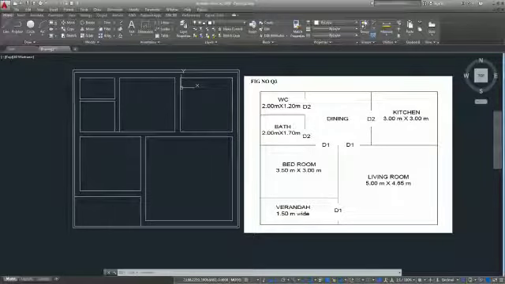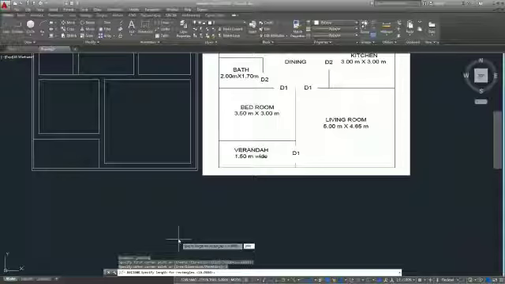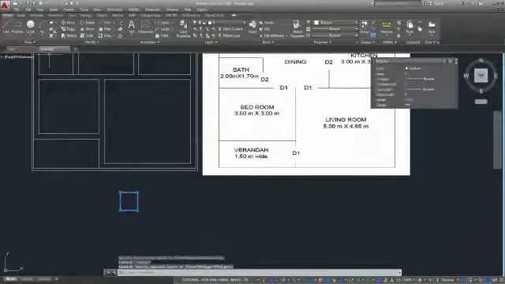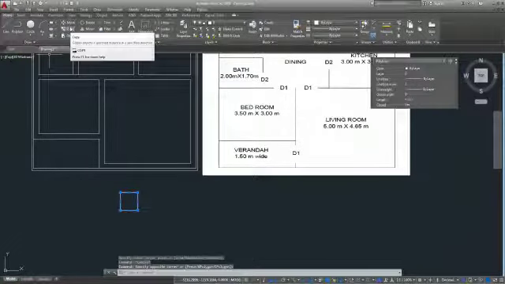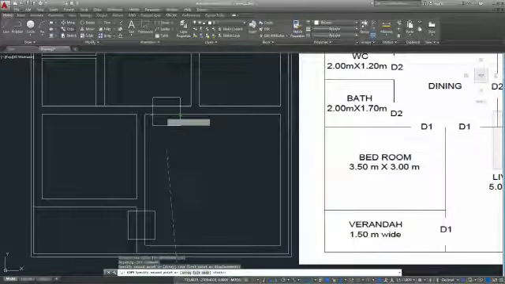Otherwise, just take a rectangle, take a square. Say rectangle, D enter 1000 by 1000. Give 1000 enter 1000. Enter. Okay, you have the rectangle here. Take this rectangle here and wherever door is there, keep this. Just go here, here one door, here one door. Just keep this. I'll tell what to do.